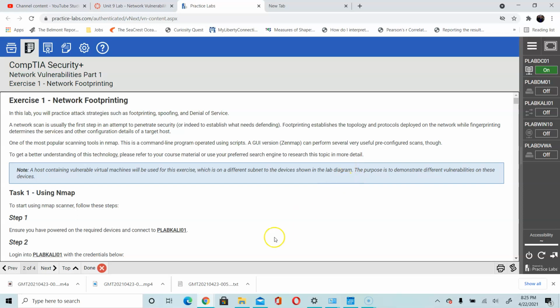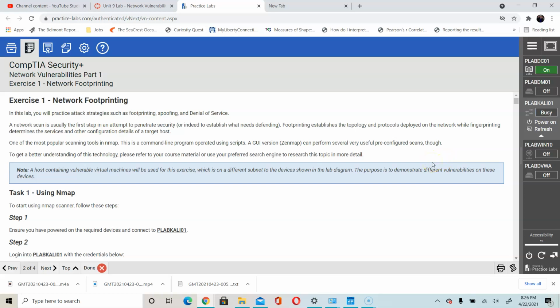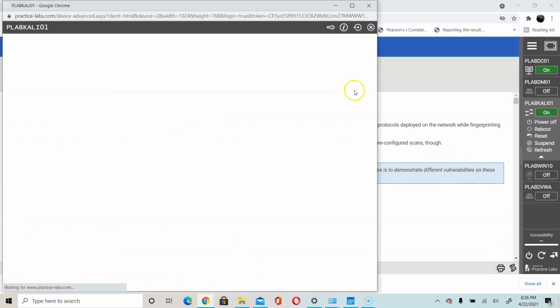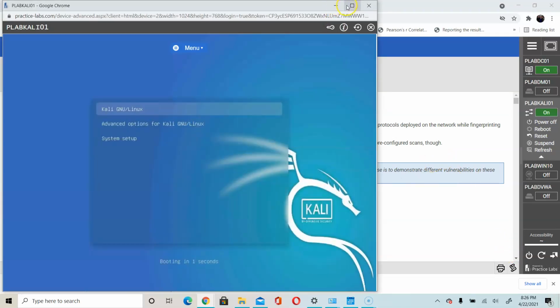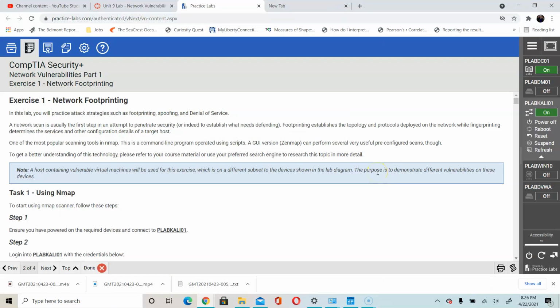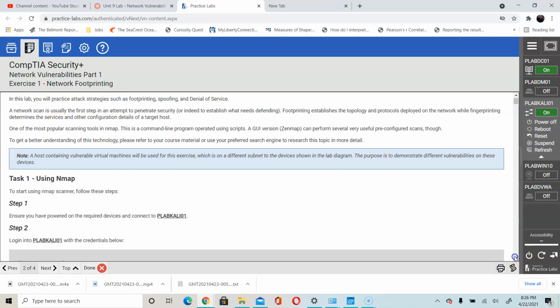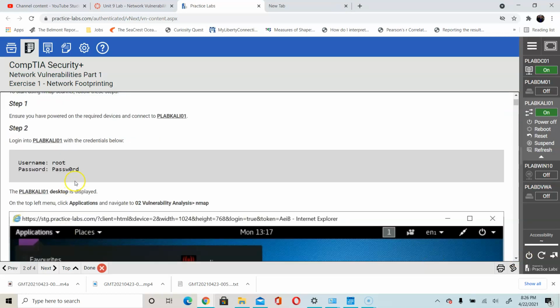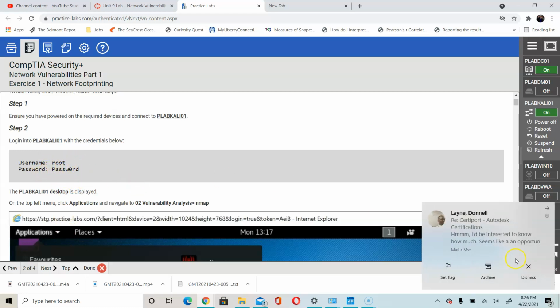So in this lab, you are going to use Kali Linux, and you can make sure that you would turn on this particular virtual machine. So on the right hand side, make sure that you go to the Kali Linux and power that on. So once you do that, you complete the first step and the virtual machine will be enabled. Kali Linux will take a little bit of time to get set up. And once your virtual machine for Kali is on, you will log in using your root username and password. Then